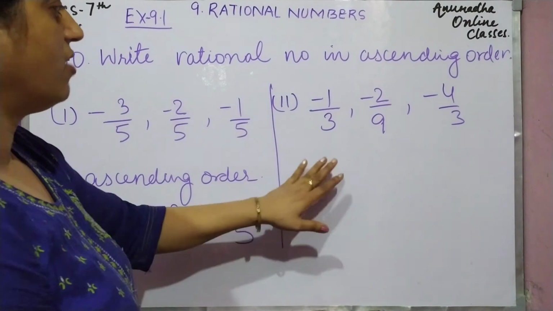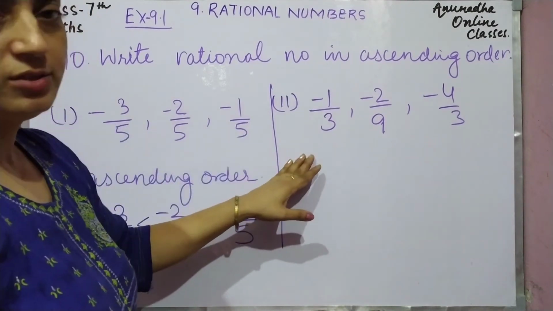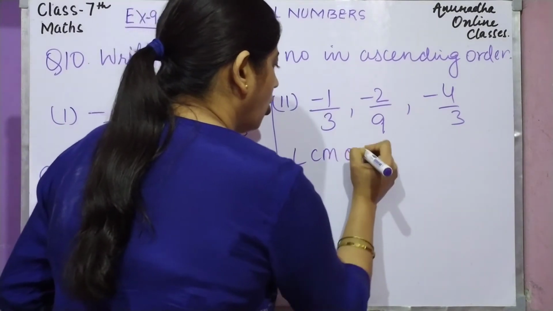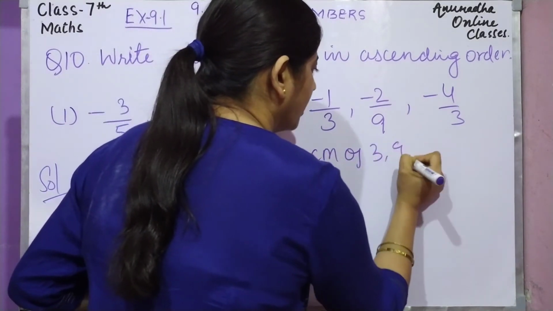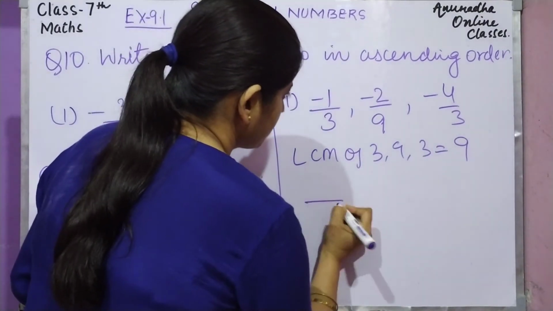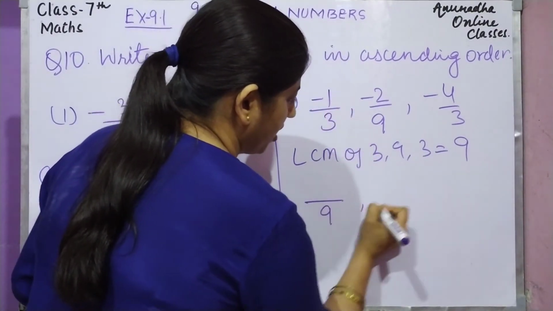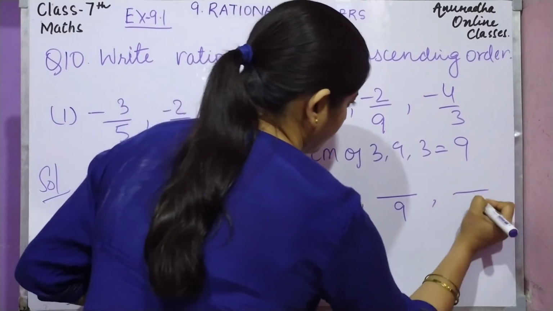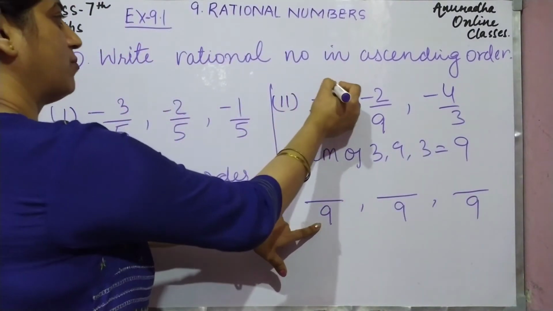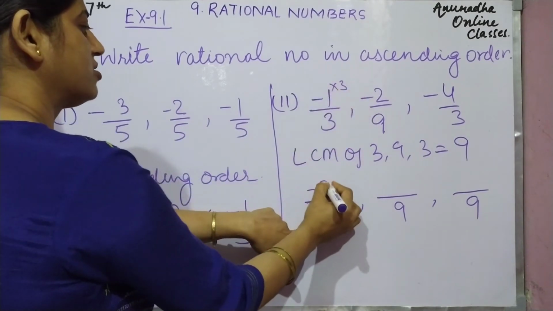What we have to make it what? Same, means LCM लेना पड़ेगा. तो LCM of 3, 9 and 3, what it will be? It will be 9 only. Okay, so सबसे पहला वाला अगर हम लिखे denominator 9 and denominator 9, right? 3 कितने सा 9 होता है? 3 3 सा 9. That means into 3 किया तो minus 3 by 9.